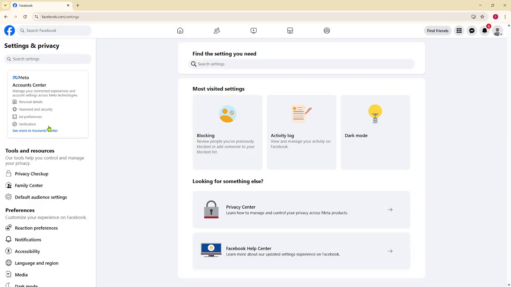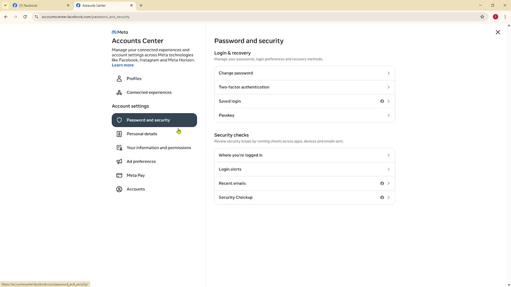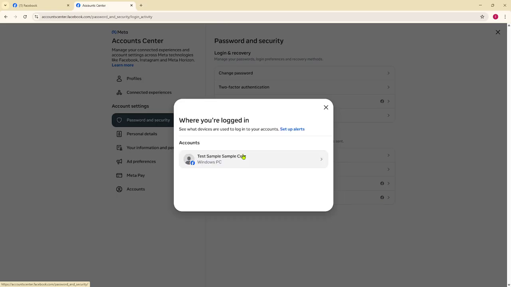On the left side, click See More in Account Center. The Account Center is Meta's hub for features that span across services, and it's where Facebook has grouped key security tools. In Account Center, select Password and Security. Under the Security Check section, click where you're logged in. If you see more than one account listed here, choose your Facebook account to proceed so you're viewing the correct